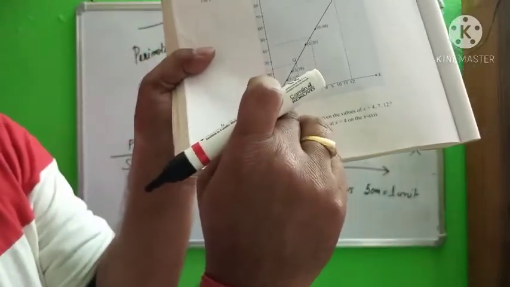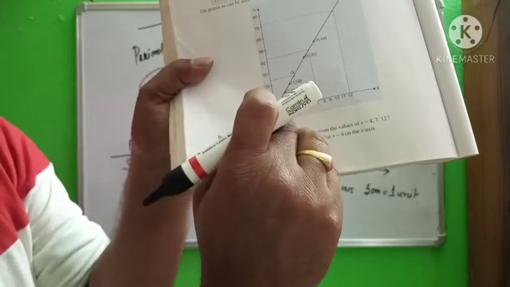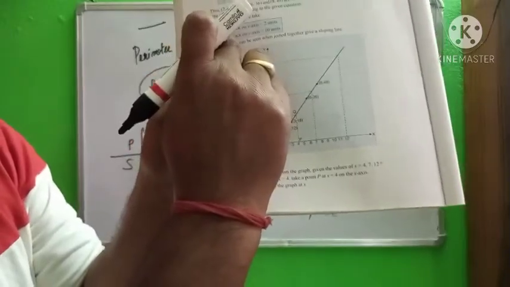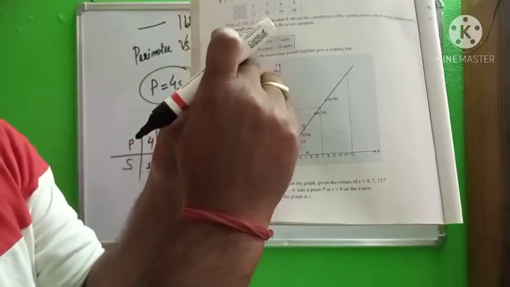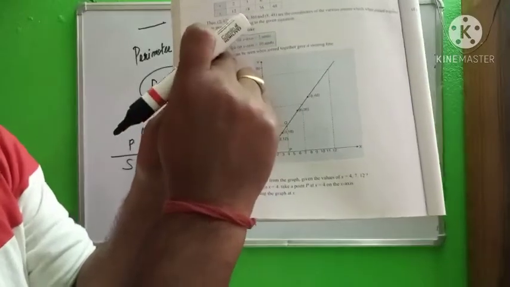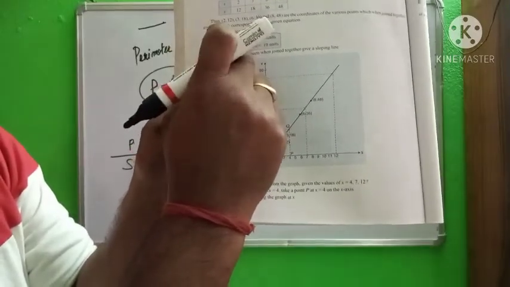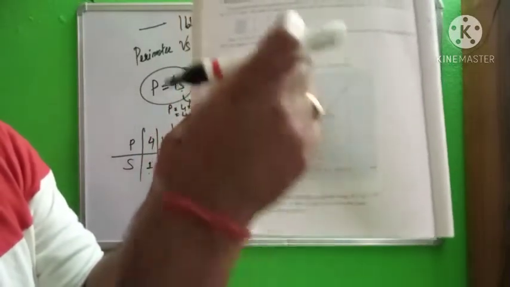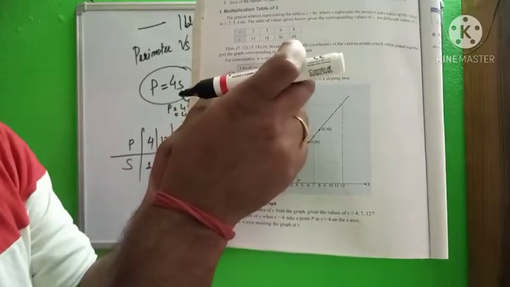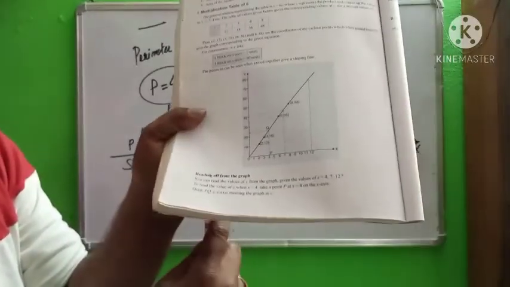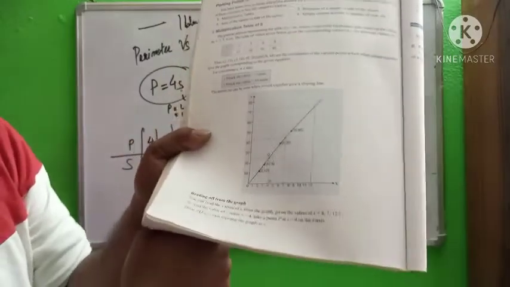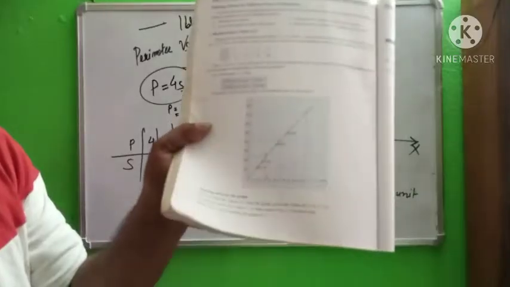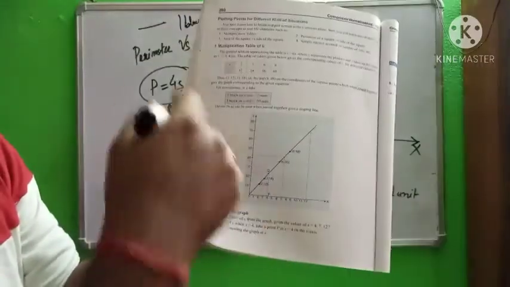In the x axis 5 centimeter or 5 small divisions equal to 1 unit. So 10 small divisions equal to 2 units. So you can write here 5 centimeter equal to 1 unit, or 10 centimeter equal to 2 units. So 10 centimeter, that means one block on the x axis, equal to 2 units. In whichever way you want you can write, but your process must be correct, otherwise your total math is wrong. So write in whichever way you wish.